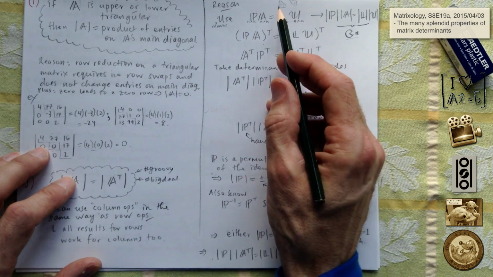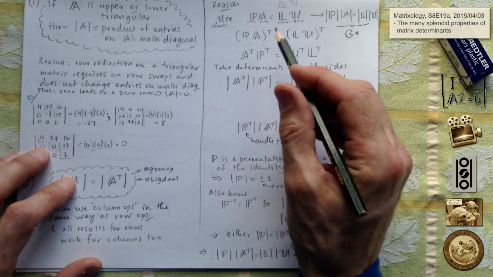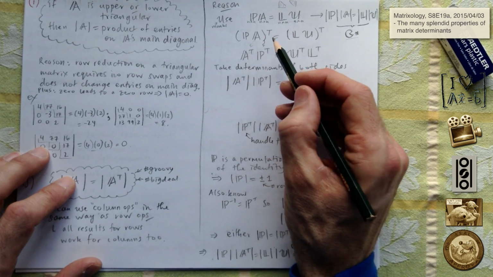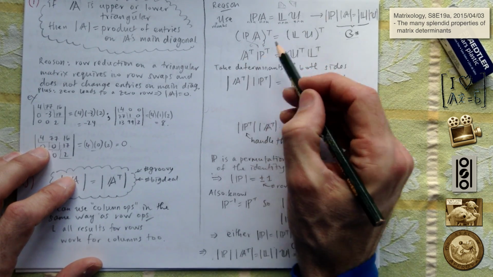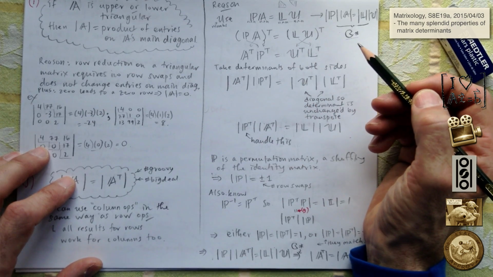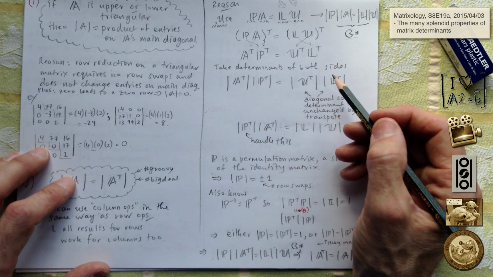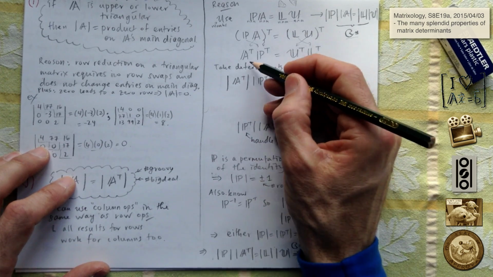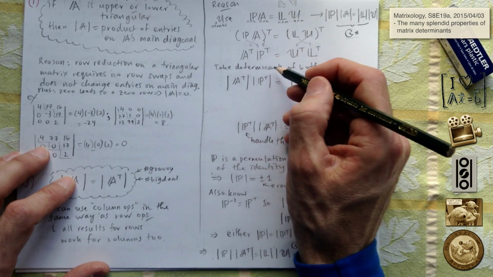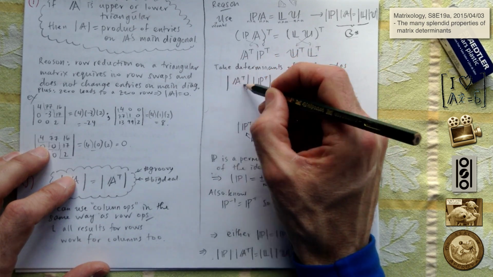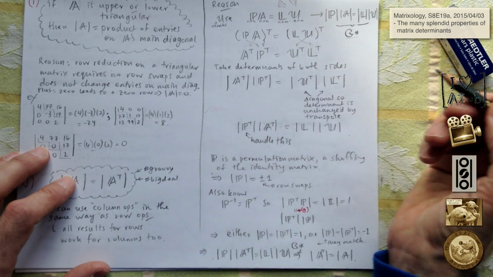We can take a transpose of our factorization, no determinants yet. Take a transpose. We know the transpose rule, right? A goes to here, P goes to here, take their transposes. U goes to here, L goes to here, take their transposes. And then we'll take determinants of both sides, and again we have our rule for products. Very simple, right? So the determinant of A transpose is the determinant of A transpose times the determinant